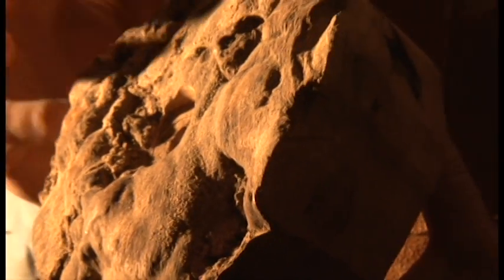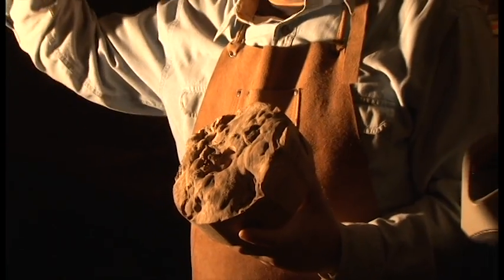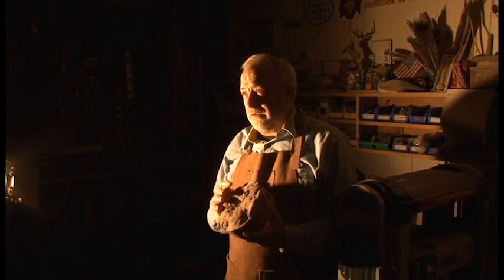This piece of wood is very unique. It was off of a burl, and it weighed over 4,000 pounds, one big. It was referred to as the disease tree. It was referred to as cancer. And when they called me to come down, I went down and took a look at it, and we were